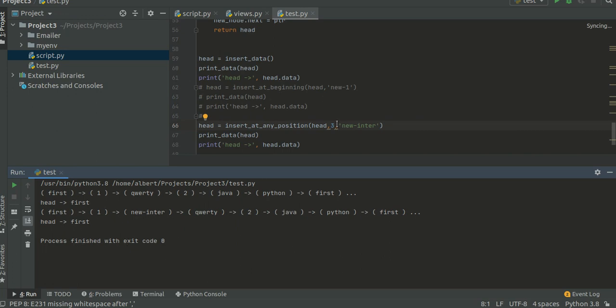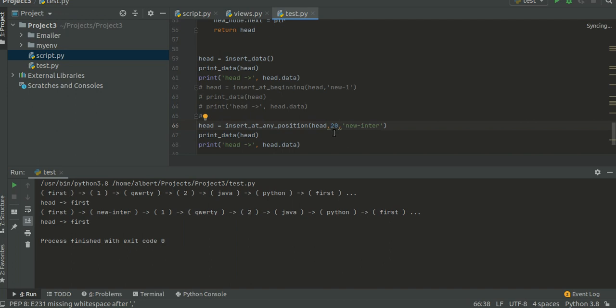Now if you want to insert at 20th position, let's see what happens. Still it got inserted, new inter over here, right next to the head node. We are not changing the head node. Keep this idea in mind.